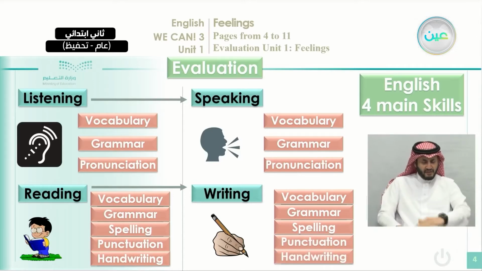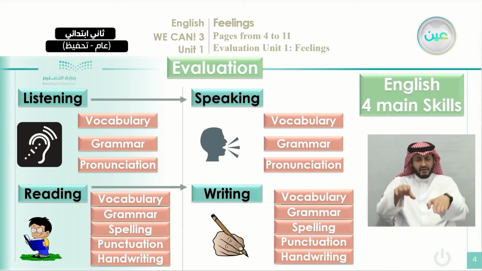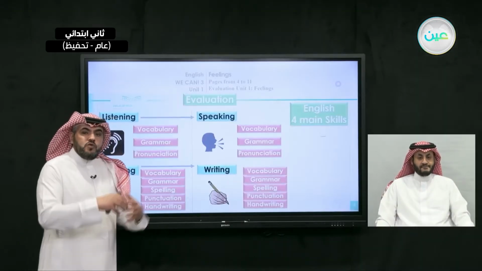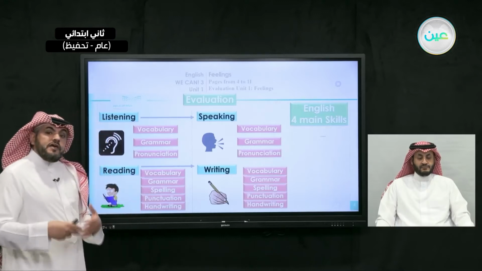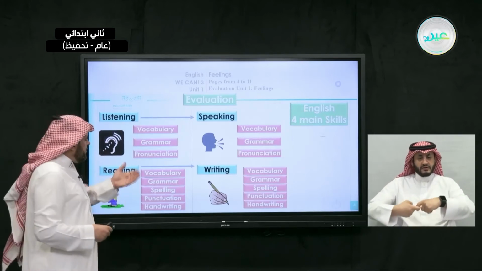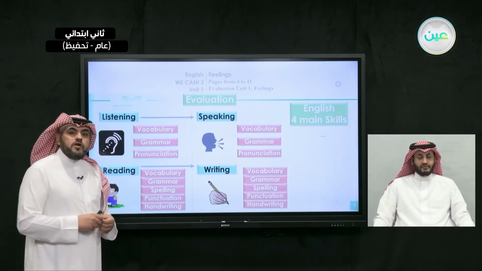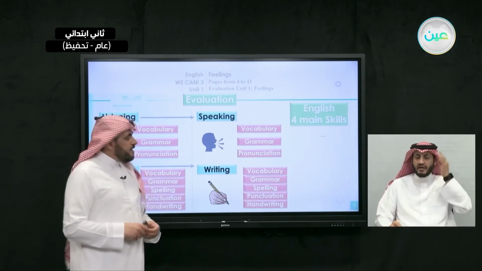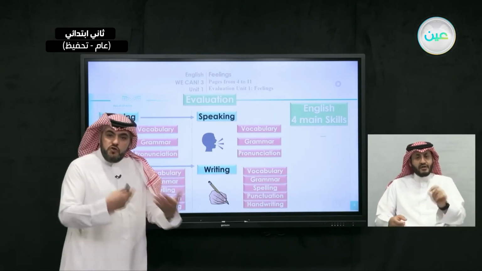Okay, so these are the main skills and the minor skills that we will evaluate you on. Whenever you study English, we evaluate you on these skills. And you know all these skills we call integrated. You know what integrated means? That means they help each other. For example, if you listen, you can improve your vocabulary and grammar. If you read, you improve your vocabulary and grammar. If you speak, you practice your vocabulary and grammar. If you write, also you practice these things.